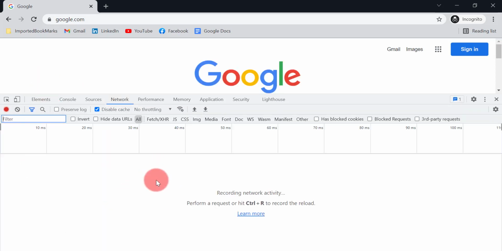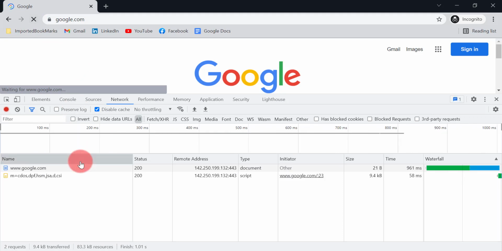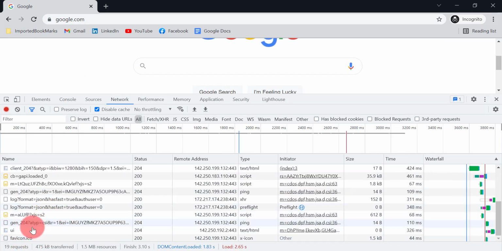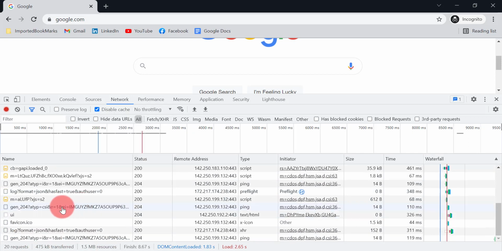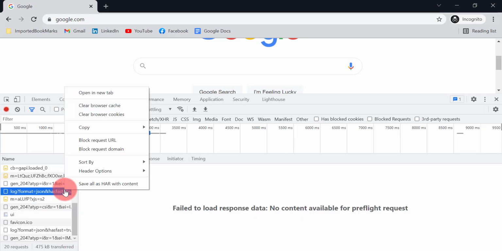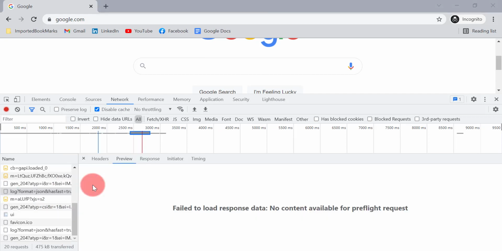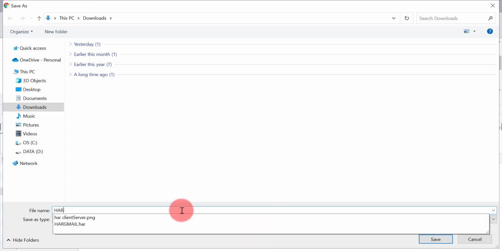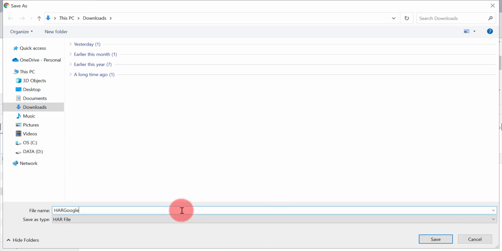Here we will be able to see all the details of the APIs and all the HTTP requests. So if I refresh the page, here you will be able to see around 19 requests and 1.5 MB resources. So right click on any one of these requests, and click on Save all as HAR with content. I will name it HAR Google manual.